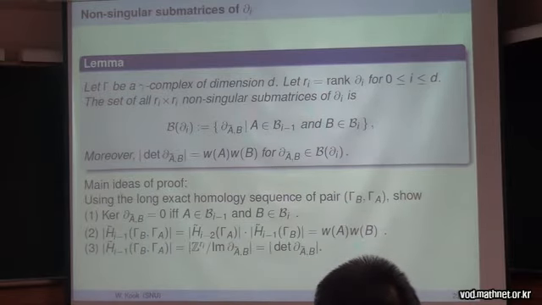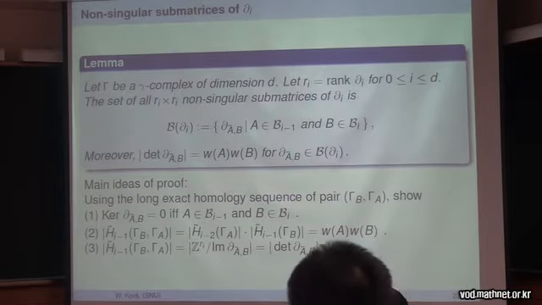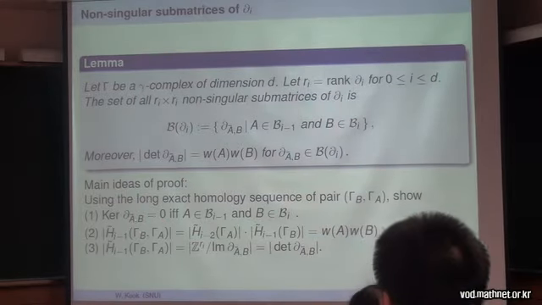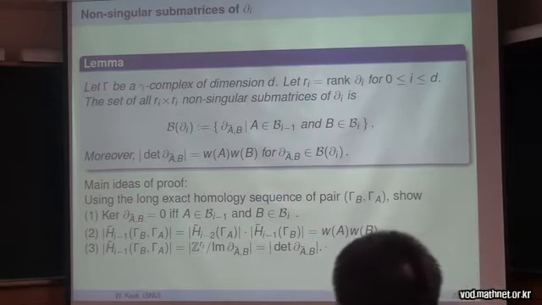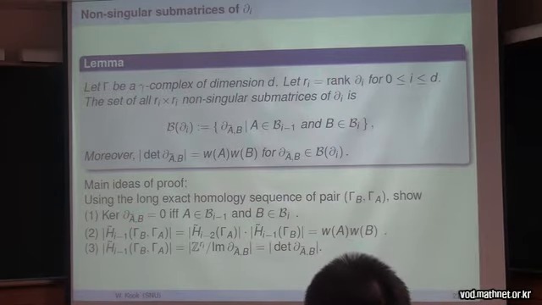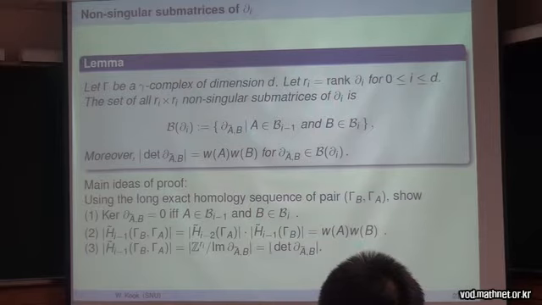So I just sketched a few main ideas of the proof. First we show that the restriction ∂_A̅,B is non-singular if and only if those two are trees. I will not go through the details of this because it uses a long exact homology sequence of the pair, so to speak. And to get to the second statement, one uses the long exact sequence to show